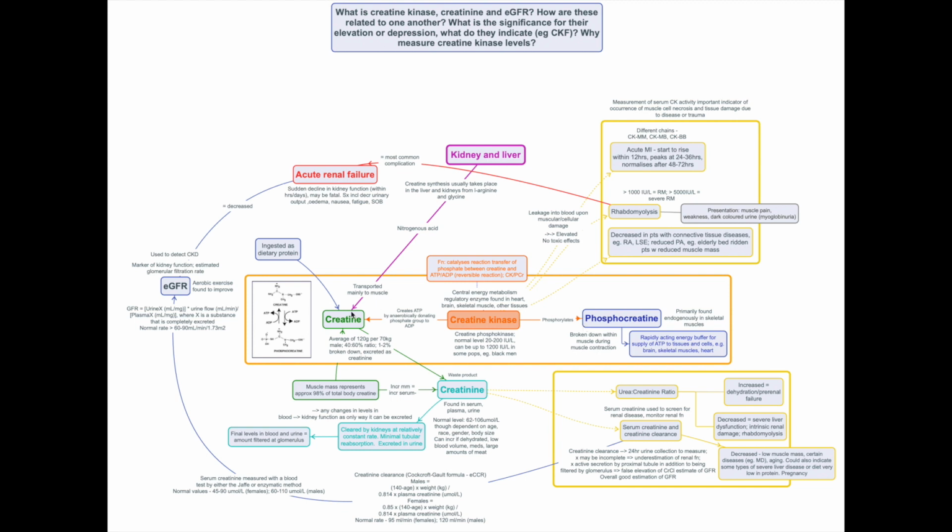So we start with creatine. It accepts a phosphate group from ATP and it gets phosphorylated. So we have this storage molecule, phosphocreatine. It's primarily found endogenously in skeletal muscles, and it's a rapidly acting energy buffer for the supply of ATP to tissues and cells like the brain, skeletal muscle, and heart, where we often need a lot of energy very